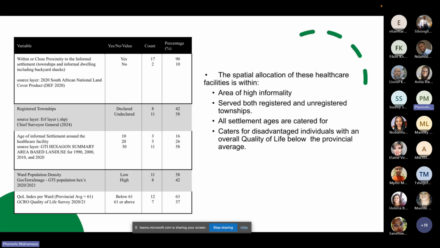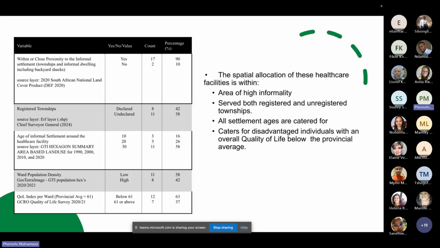We also decided to look at it from an area of need, doing population density calculations, and we realized that 11 of these healthcare facilities are within low dense areas, but also 8 of them are within extremely high population dense areas. So for those who don't know, the Gauteng City region does have what we call the quality of